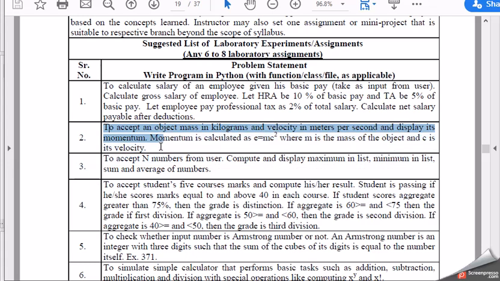So before you work on it, as per standard physics, if you ask me whether this is the correct formula, I would say no, because momentum is calculated as mass into velocity. But you don't need to worry about it. We'll run the program for this formula as well as the formula that standard physics tells. It's just a minor amendment needed in the programming part, nothing else.